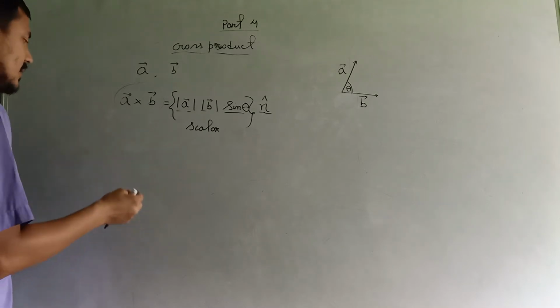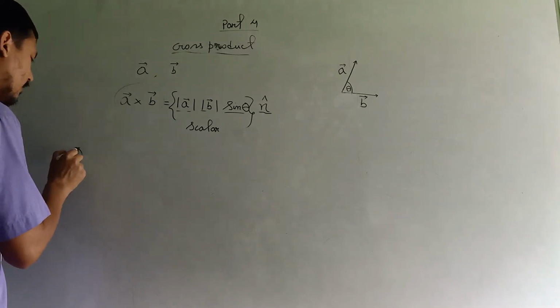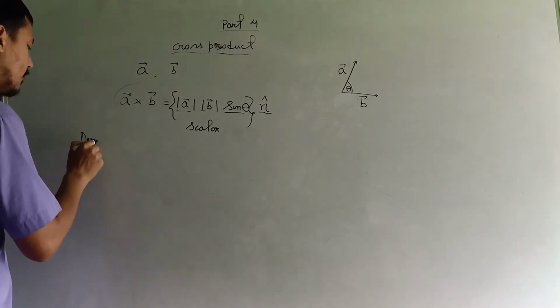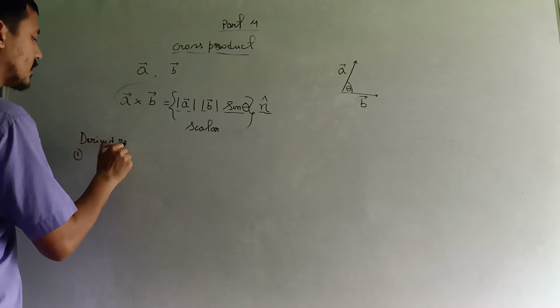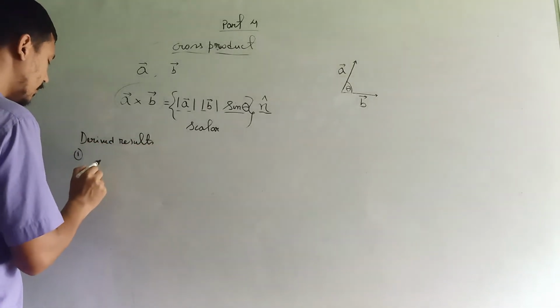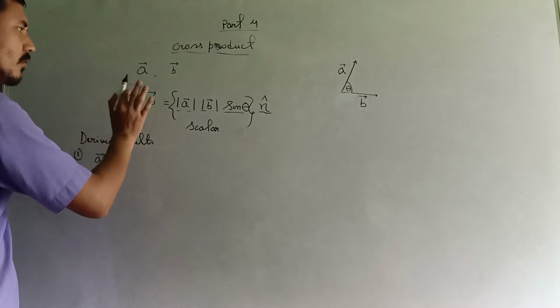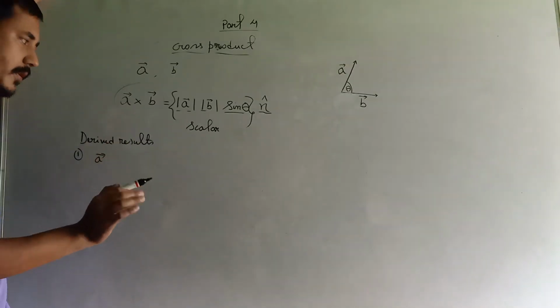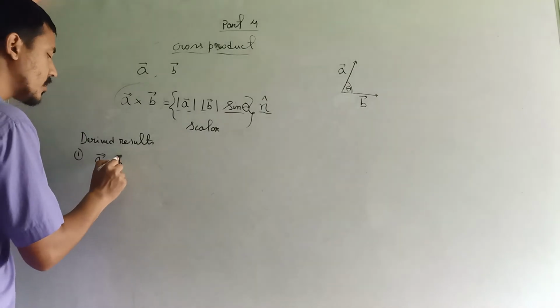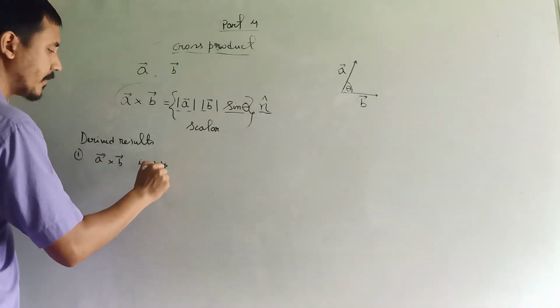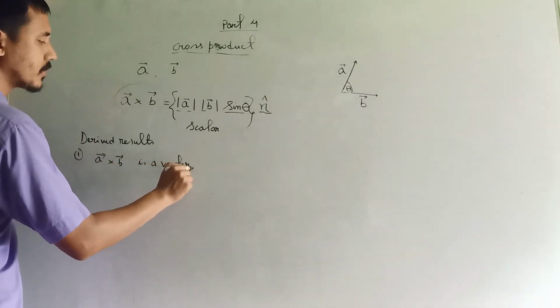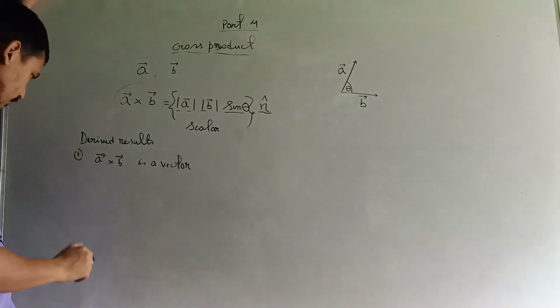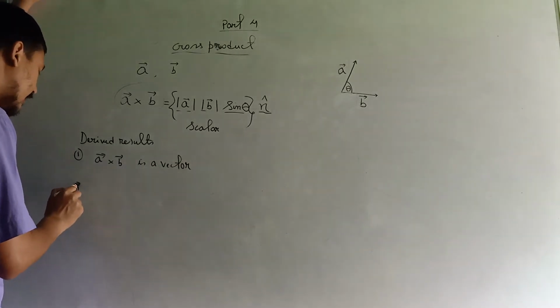Derived results. First one: if you are clear with all these ideas, then solving exercises will be very simple, okay? A cross B is a vector, that we have understood. Alright? Second thing,